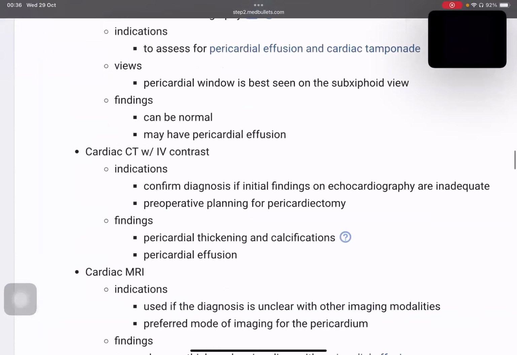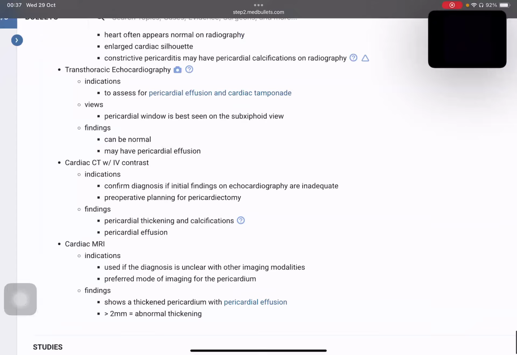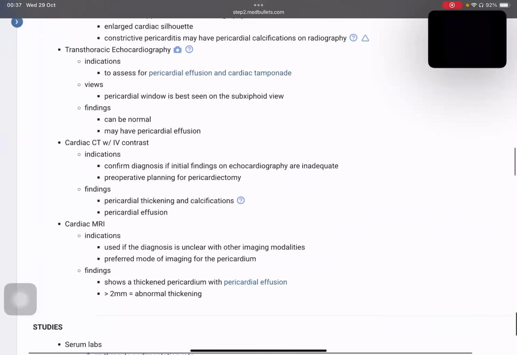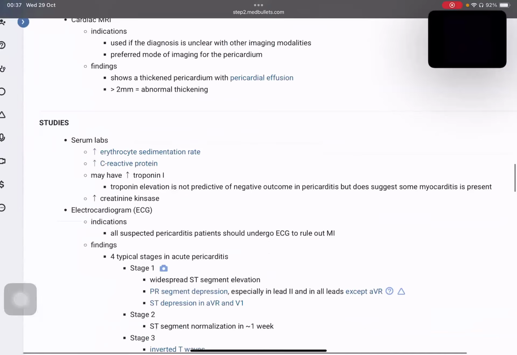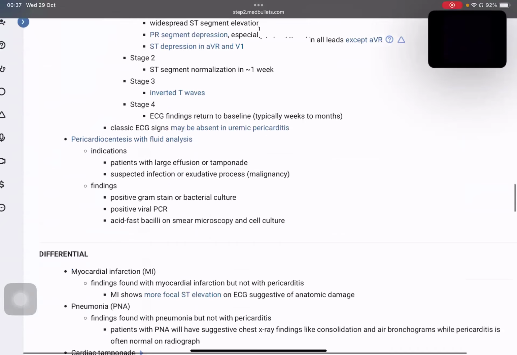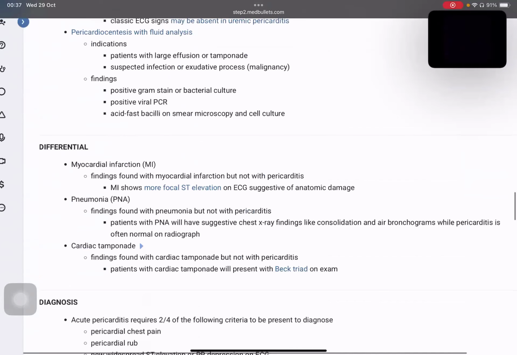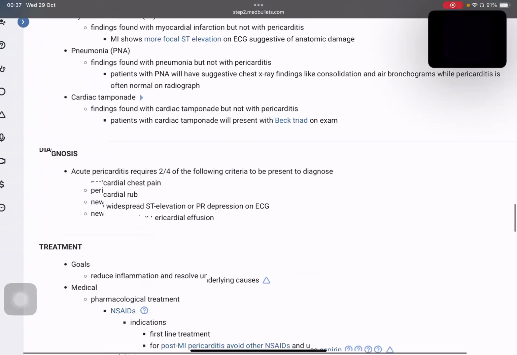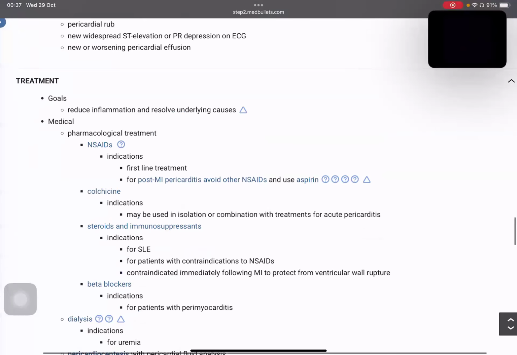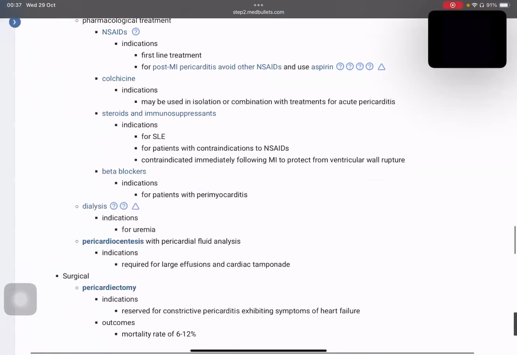because see now, to confirm the diagnosis. Likewise, in Med Bullets, they have clearly given that. And then they give you a list of studies that you want to do, and then they also give you differentials, diagnosis and treatment, like we discussed before. It would be an essay. Yeah,